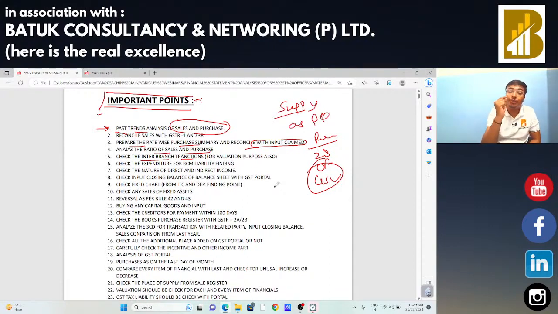Okay sir, so you need to be very careful in case of inter-branch activities. If there is any transaction by the head office with a branch office, or branches with other branches, in that case we need to check whether the valuation is perfect or not. So that particular transaction we are getting from our